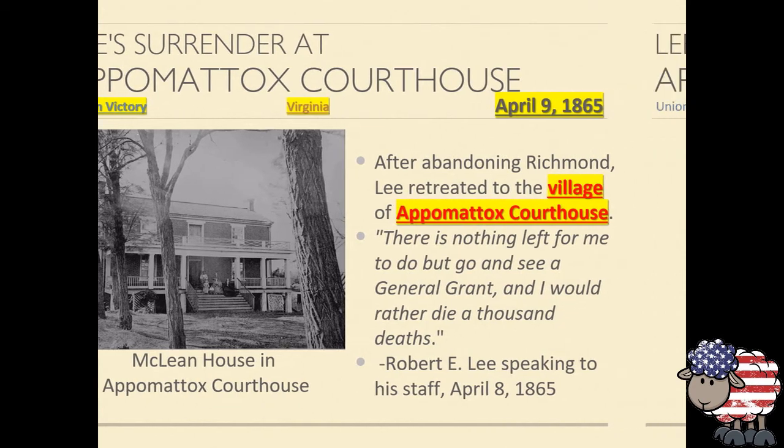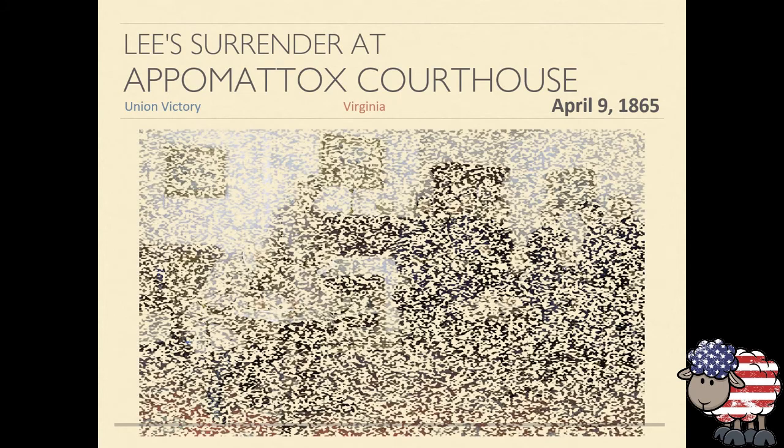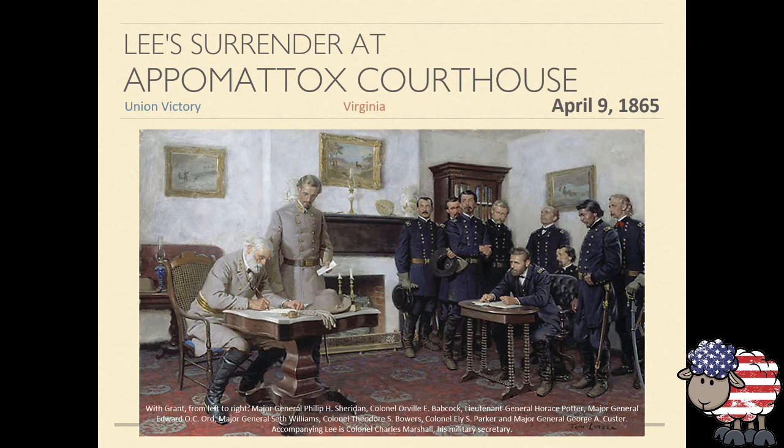Here's a famous painting showing all the players for the North and the South. You can see the surrender table off on the far right. You can see Custer with his blonde hair and curls. General Grant at the table. Phil Sheridan off on the left. The Union blues and the Confederate gray. So the war is over, April 9th, 1865.